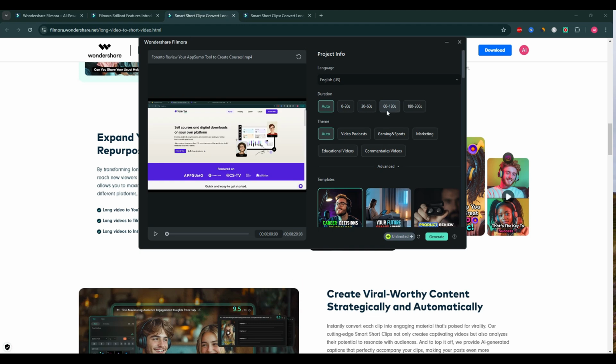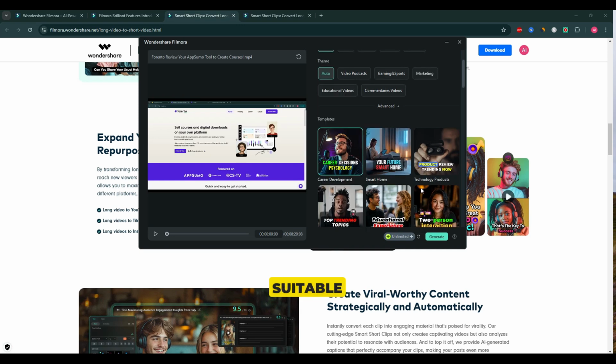I wouldn't go longer than 180 seconds for short form content, but if you want to do so, that's absolutely no problem. 300 seconds is also available, so you can do it up to 5 minutes. So we can shorten that video into 5 minutes if you wish to. But as I said, this tool is being created for so-called short form content, so I think that between 30 seconds and 180 seconds would be the most suitable for those